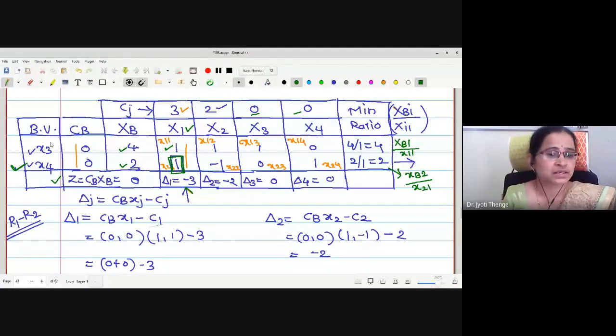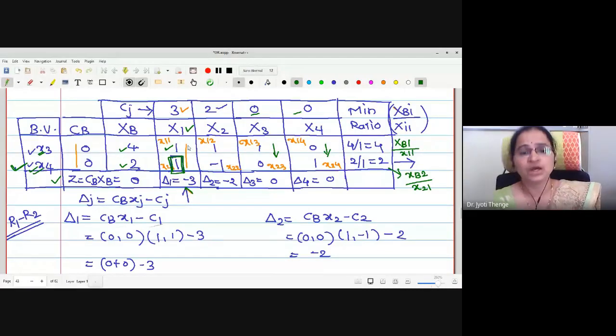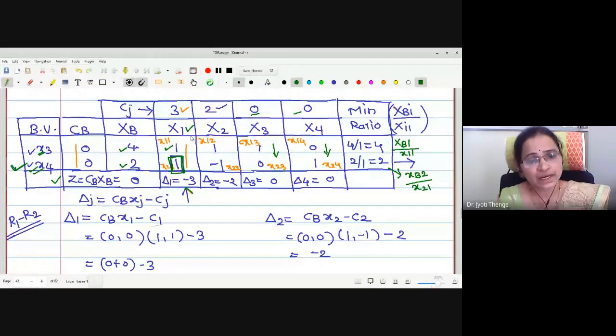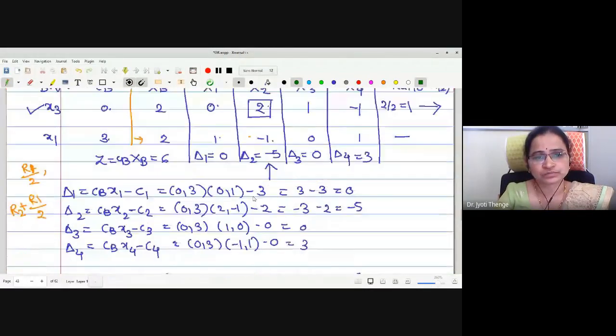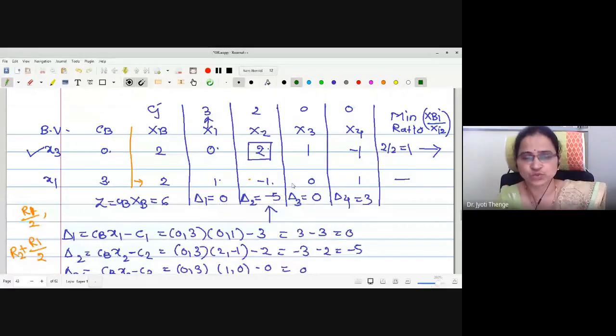Correct? Here in this table also you can observe x3 gives us the first column of the identity matrix. X4 gives us the second column of the identity matrix. If x1 is going to enter in the second position, its corresponding column should constitute the second column of the identity matrix. So we always convert the leading element to unity, and the remaining elements in the column to 0. For this, which row operation have we used? R1 minus R2. Good. Then let me do the row operation. After doing the row operation, this was the situation.